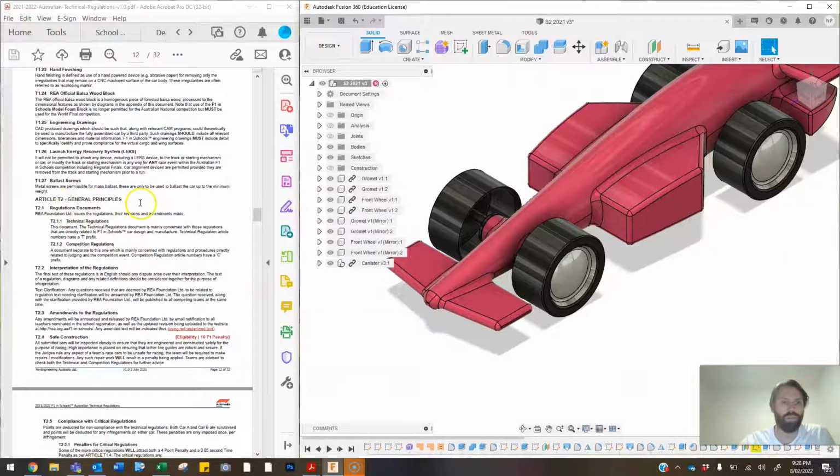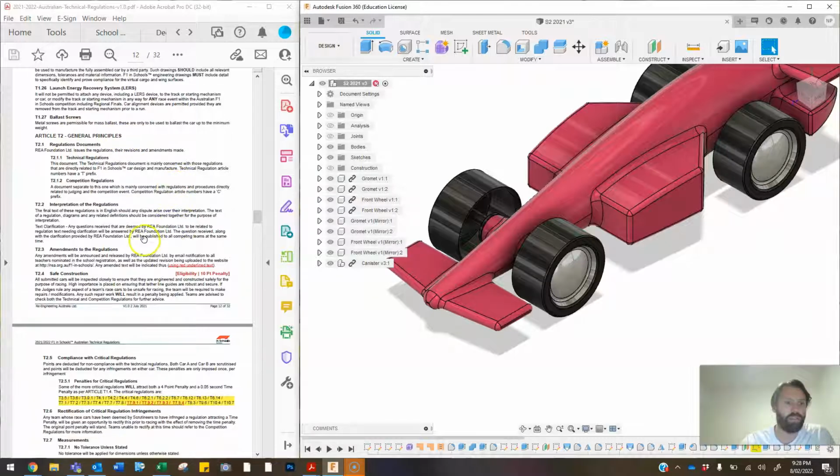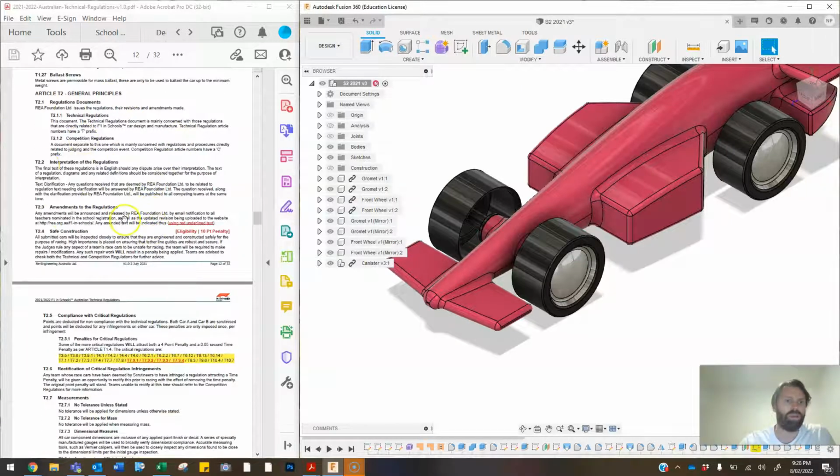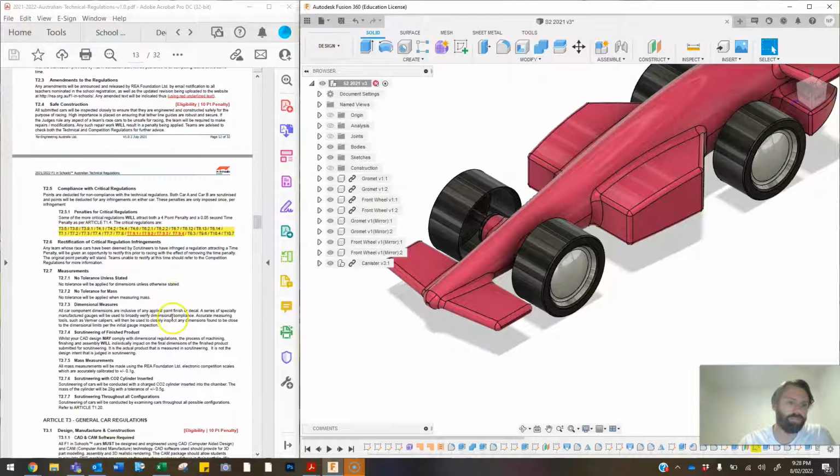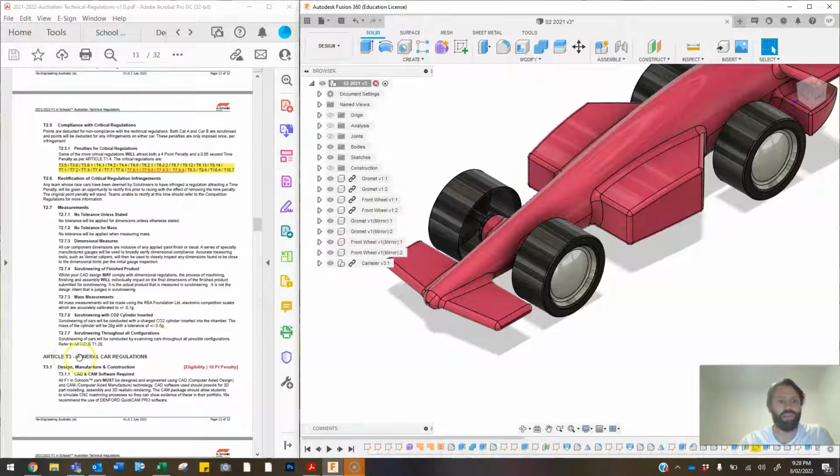Okay, so Article 2 or T2 is general principles, and this is a lot of generic sort of regulations around safe construction and compliance with regulations and that sort of stuff. Okay, so T3 is where we start getting into the general car regulations,